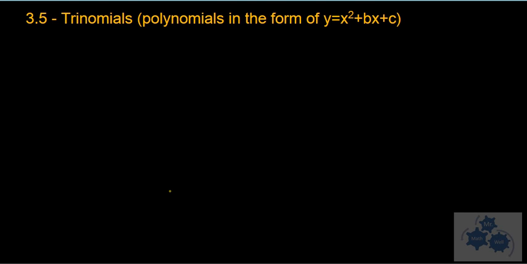All right, so this lesson, Foundations of Math 10, 3.5, we're going to talk about trinomials, and that is polynomials in this form right here. It's a form of y equals x squared plus bx plus c, where b and c are just coefficients. B and c are just numbers. So we're going to look at trinomials like we did last section,